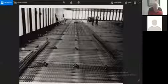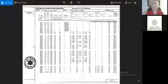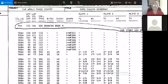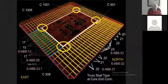You were mentioning the core columns, the dimension of some of the core columns, and that goes quite well into, for example, here's column 508A, and just for orientation, I can show you on a diagram. If this was the north face of the building here, column 508 would be at this corner. That would be that corner column. So the kind of detail that's come out in these drawings is that if we wanted to know what that core column was